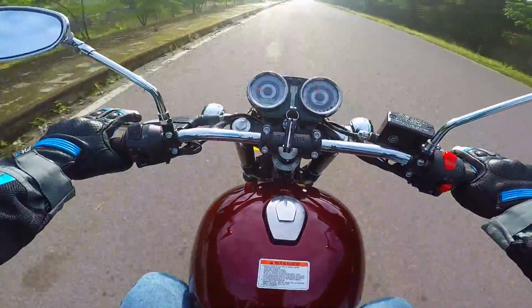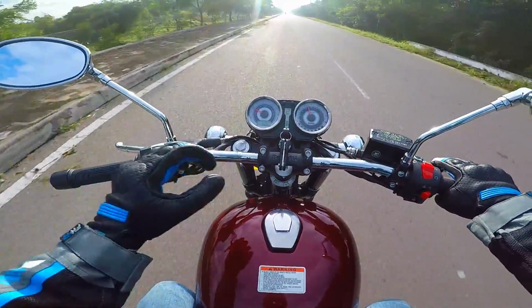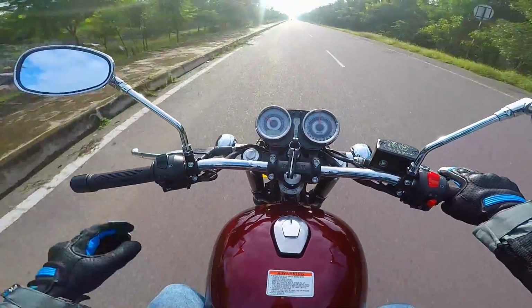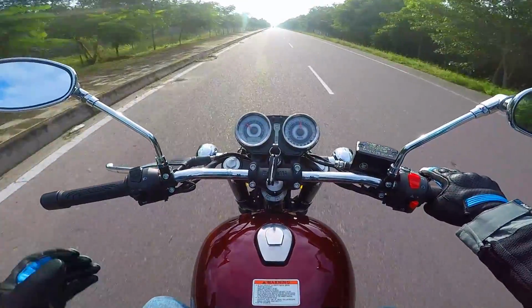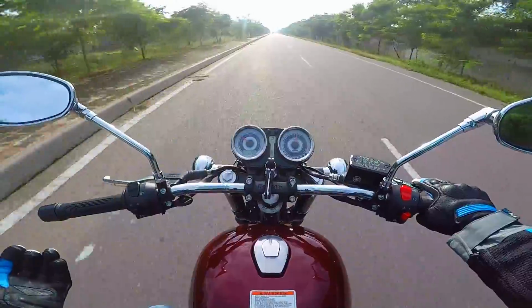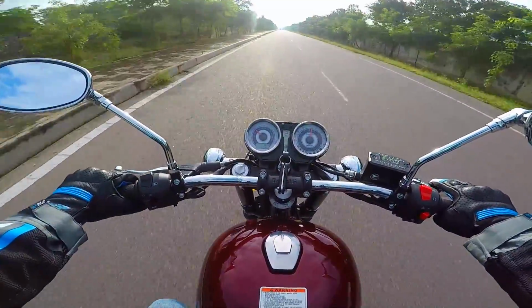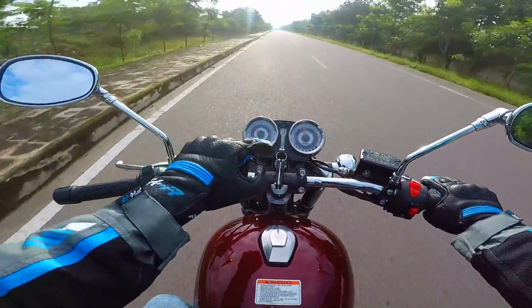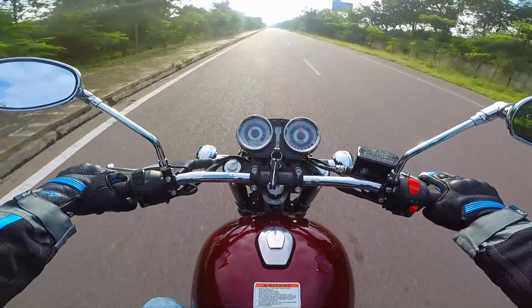and the seating posture is so bang on. Nice and wide handlebar, forward set foot pegs. You can ride on this all day long. The seat is perfectly cushioned. It's not too soft, because overly soft seats also tend to give you a butt ache after a while, after long rides. So the seat is perfectly cushioned, and the twin dial instrument panel comes perfectly equipped with the gear